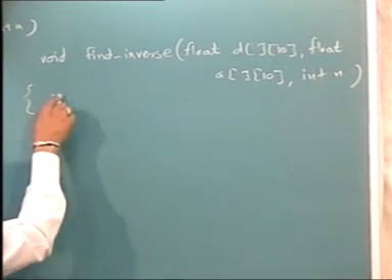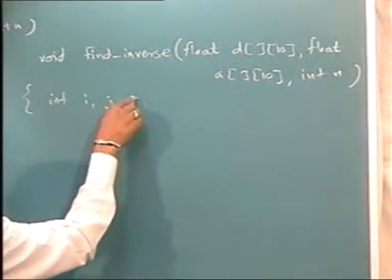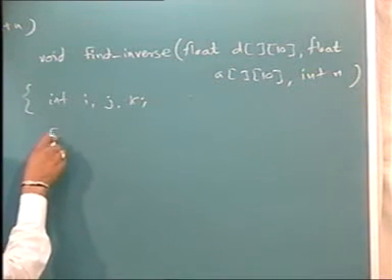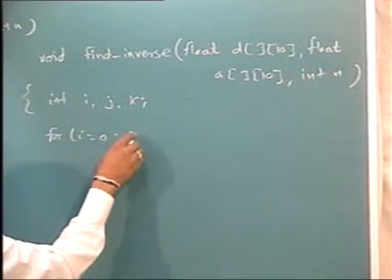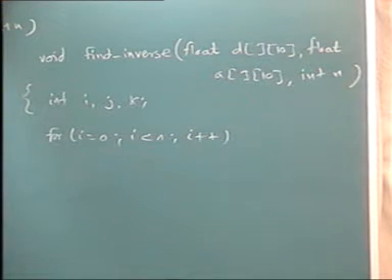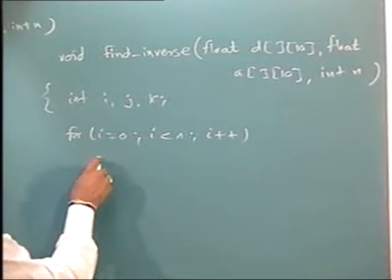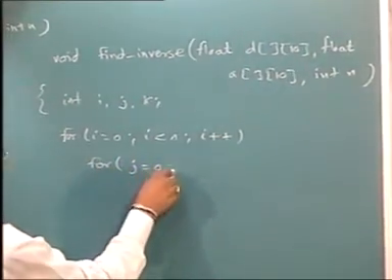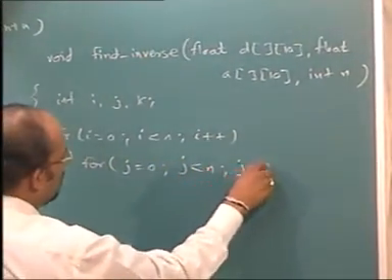So I require int i, j, k, and we start with saying for i equal to 0, i less than n, i plus plus. So we have said that the ith row is to be subtracted from all other rows. Previously, if you observe, that second loop was starting from j equal to i plus 1, whereas now it cannot start with j equal to i plus 1. It is not only the lower rows which are to be made 0. We will have to even make the upper rows 0 in the same column. So we will again start with j equal to 0, j less than n, j plus plus.